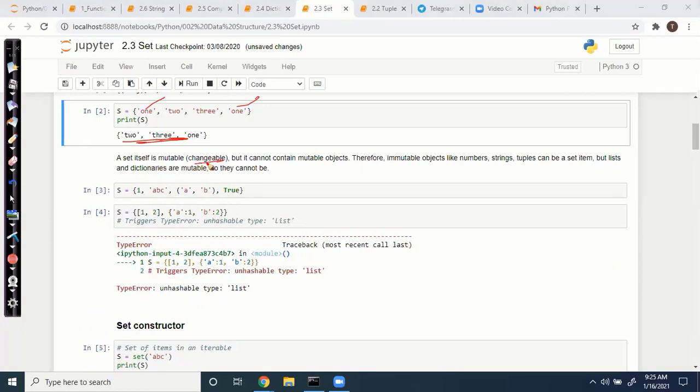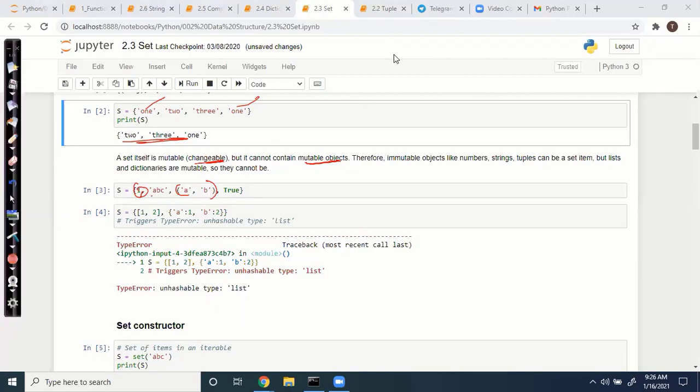The set itself is mutable, changeable, but it cannot contain a mutable object. The entire set is mutable, but it cannot contain a mutable object. Here inside the set, this whole thing is one item. What is this, a tuple or a list? Tuple.